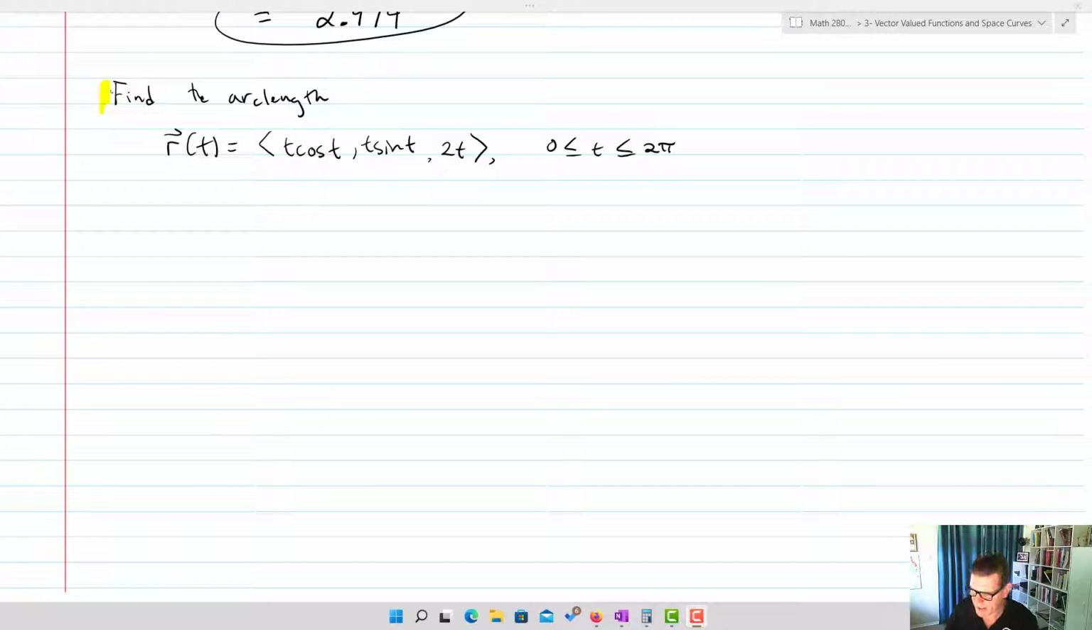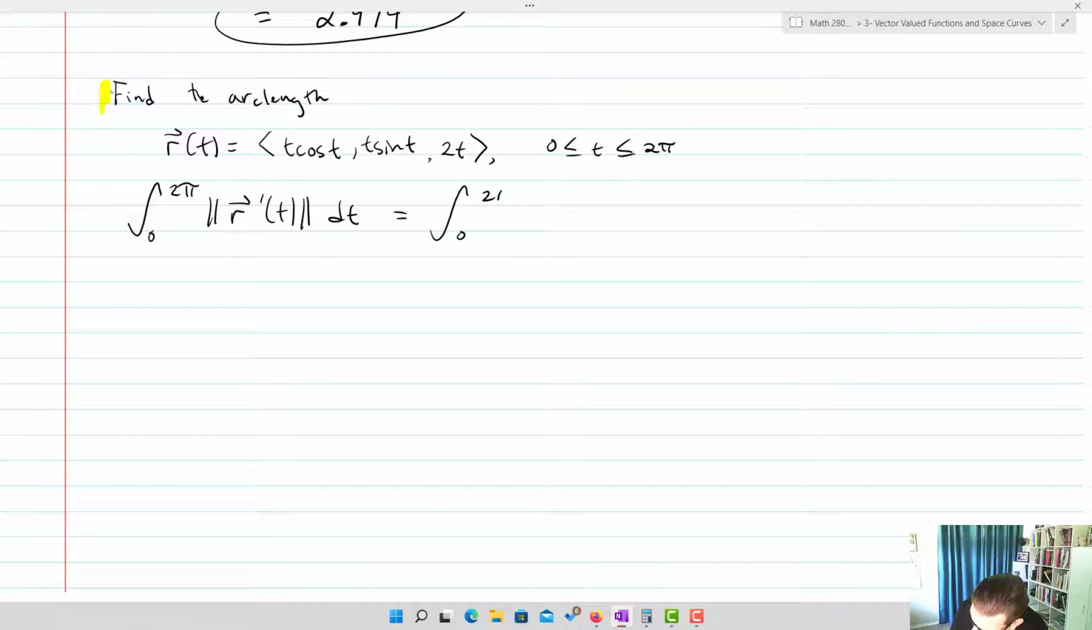So let's take a look at another example. We've got r of t equal to t cosine t, t sine t, 2t. And t is going to be greater than or equal to 0 and less than or equal to 2 pi. So we're going to be looking for the integral from 0 to 2 pi of the magnitude of r prime of t dt. So that'll end up equaling the integral from 0 to 2 pi, the square root of,